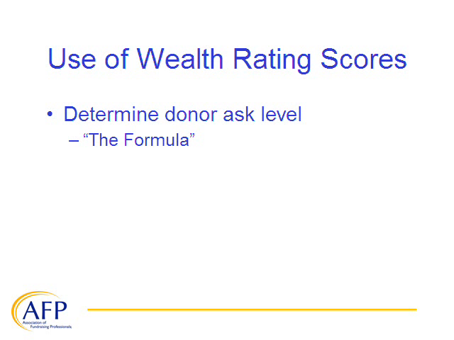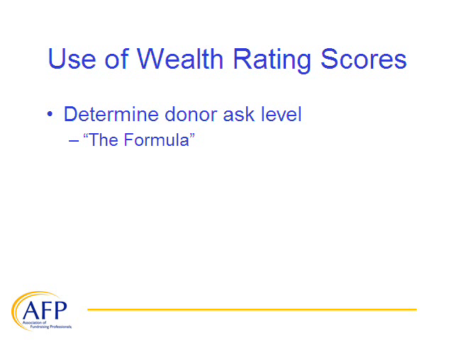Now, I mentioned that I had some thoughts about how to use wealth rating scores, and actually I was meeting with a gentleman who worked for a nonprofit in Washington, D.C., and we were talking about wealth rating scores, and he said, Tim, I have a formula I use. Whenever I get wealth rating back on donors, I have a formula. And I think this is important because many times, and maybe this has been your own experience, you purchase wealth rating and you put your own name in, or somebody in the office shows up as a millionaire, and you say, these things aren't right. They just don't work. And that's a very important point.